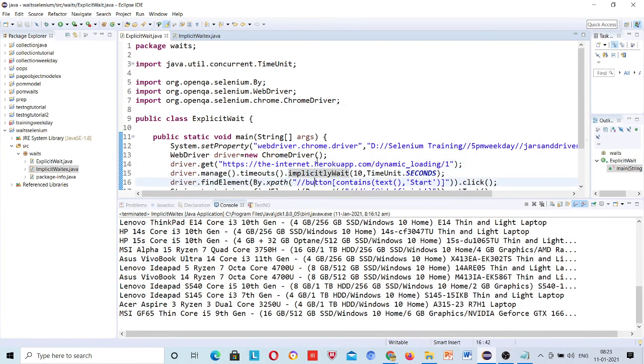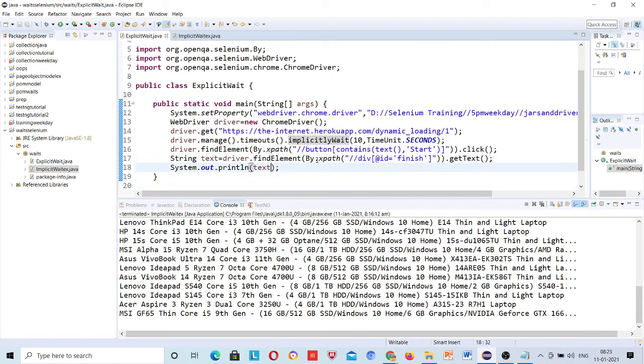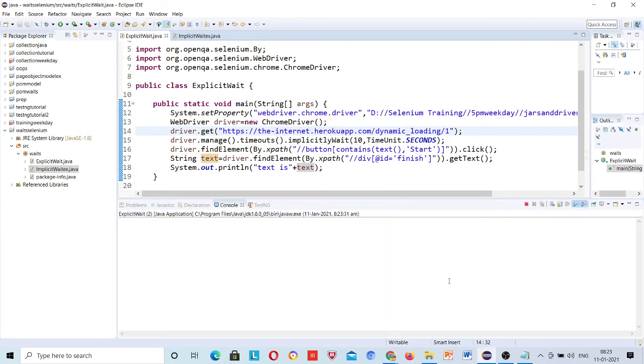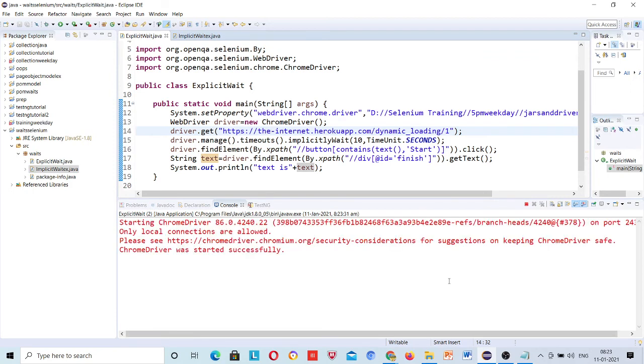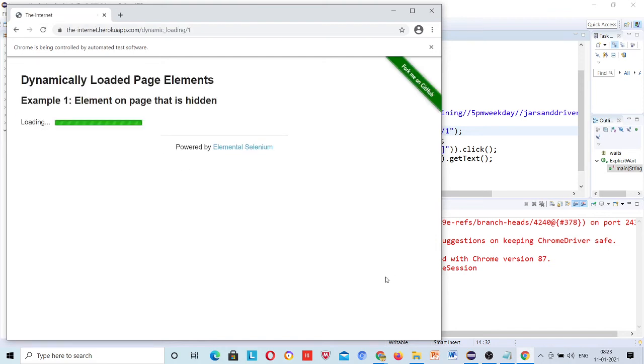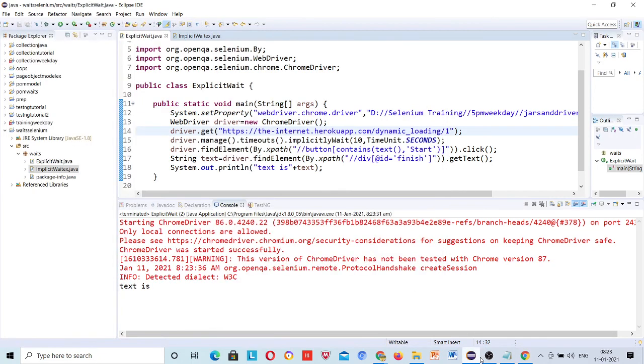And here let me type so that you can understand that this line was run. Text is actually hello world, right? Okay, see, it's printed.